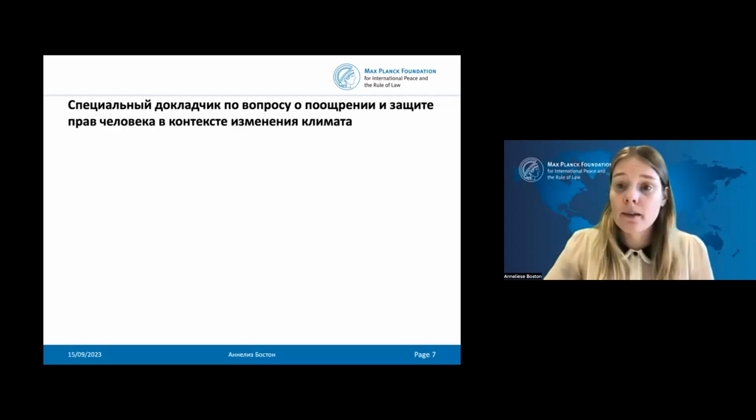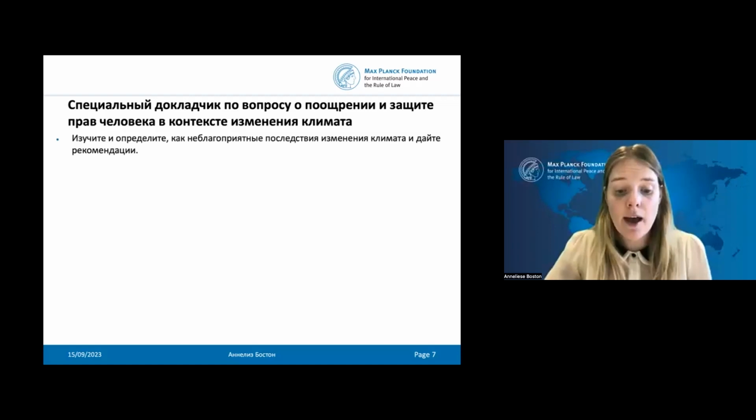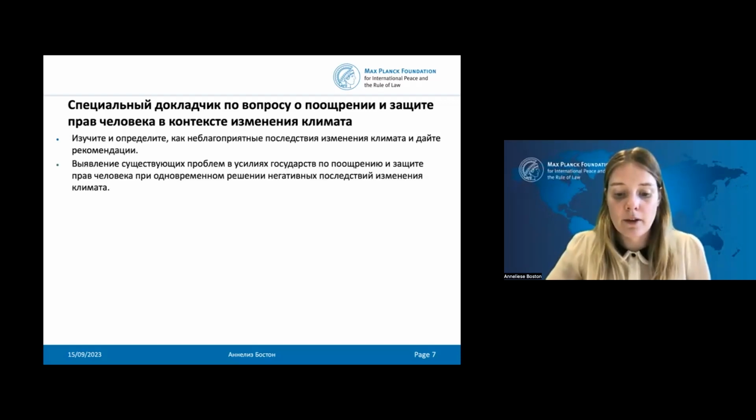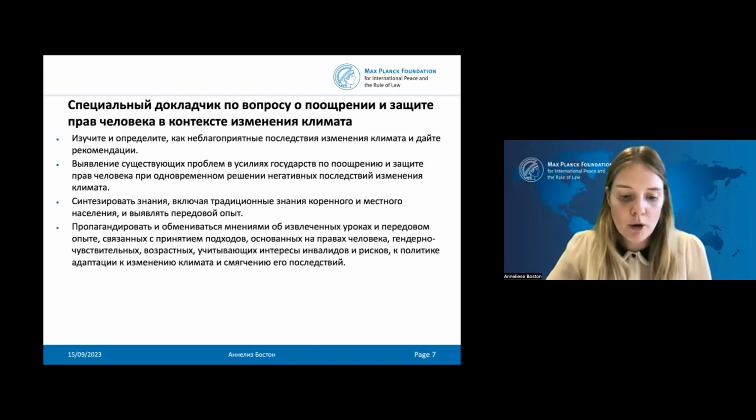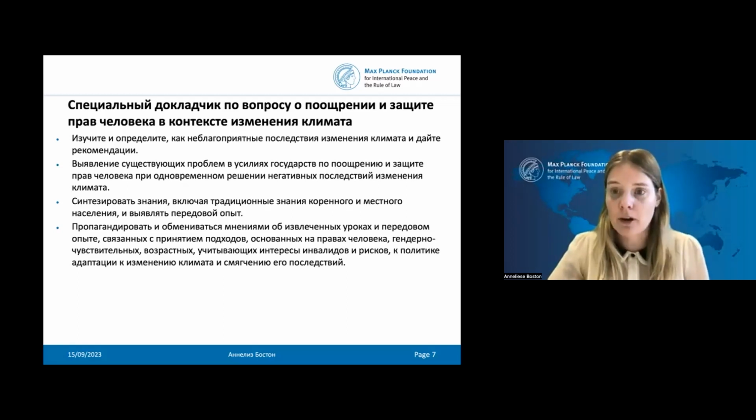And his mandate is specifically to study and identify the adverse effects of climate change and make recommendations about this, to identify existing challenges in states' efforts to promote and protect human rights while addressing the adverse effects of climate change, to synthesize knowledge, including Indigenous and local traditional knowledge, and identify good practices, to promote and exchange views on lessons learned and best practices related to the adoption of human rights-based, gender-responsive, age-sensitive, disability-inclusive, and risk-informed approaches to climate change adaptation and mitigation policies,